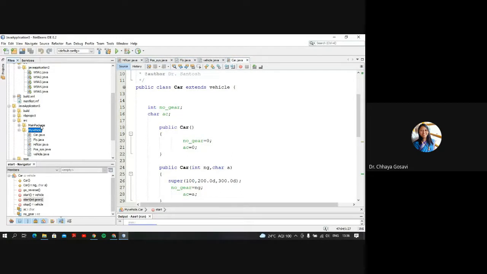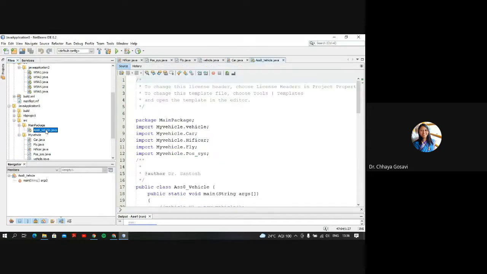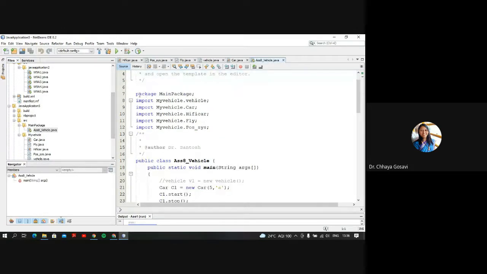Now in main package, this is the main package. So the package name is main package, and I have to import this package, my vehicle dot car, meaning all the classes from my vehicle package.